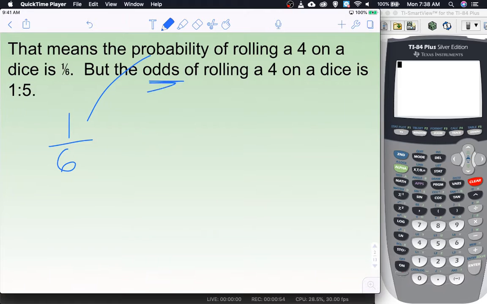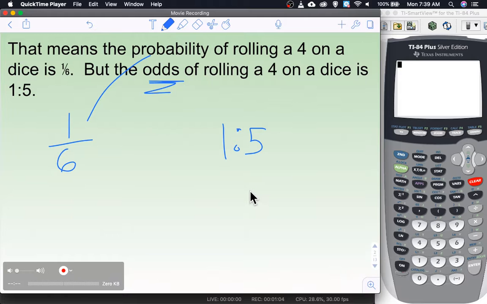But if you're talking about odds, there's still 1 four on a dice, but there are 5 things that are not the thing you want. So the odds of rolling a 4 on a dice are 1 to 5. So these numbers together should add up to the total. The only time that wouldn't work out is if it would simplify, like